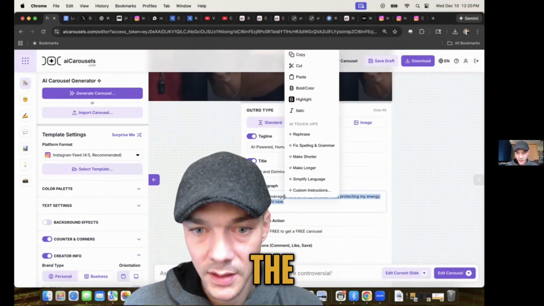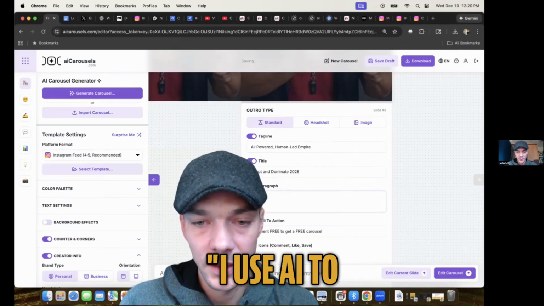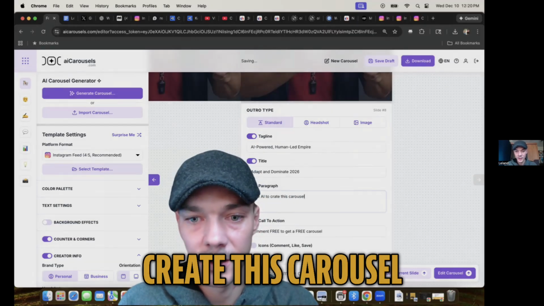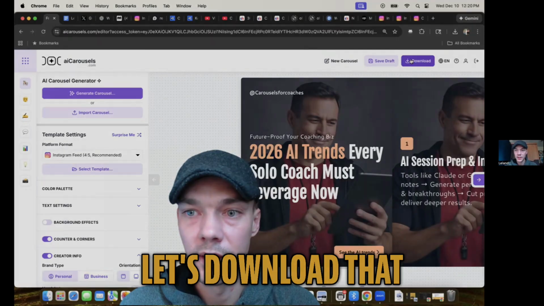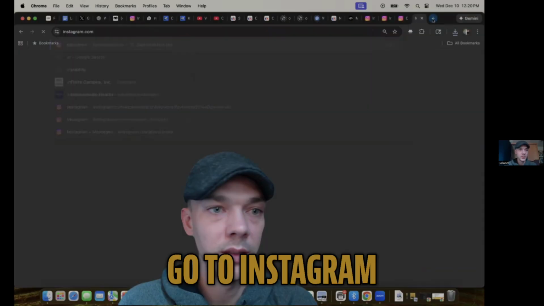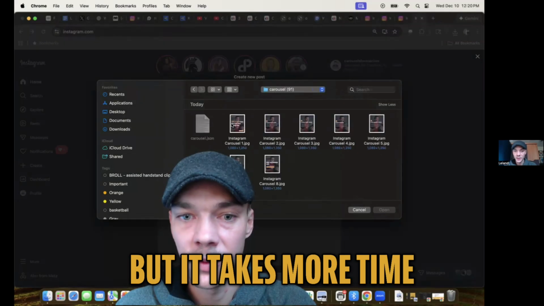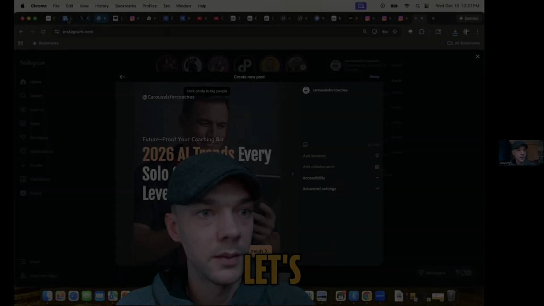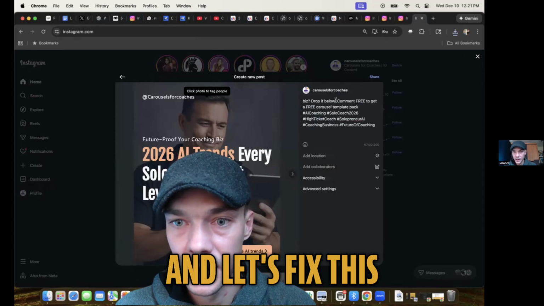AI leverage. Use AI leverage. Let's just say I use AI to create this carousel. Comment free to get a free carousel. That one's pretty good. And so let's download that. Downloaded. Go to Instagram. Great. And again, it's a little better if you post these from your phone, but it takes more time. So everything's a trade-off. Let's grab the description and then hop over here and let's fix this because